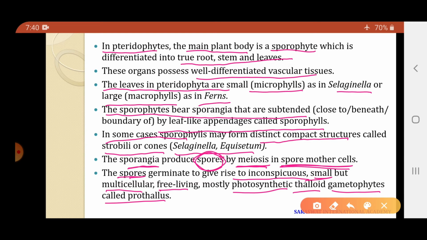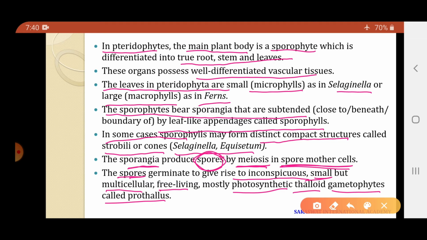This sporophylls consist of the sporangia. Sporangia consist of the spore mother cells. These spore mother cells divide by meiosis and produce the spores. Now these spores, they germinate and they develop the inconspicuous, small but multicellular, free-living, photosynthetic thalloid gametophyte, which is